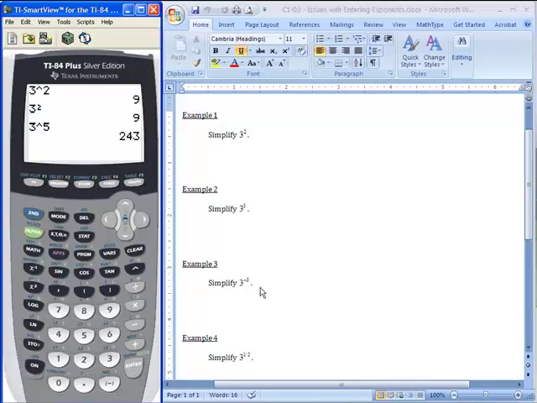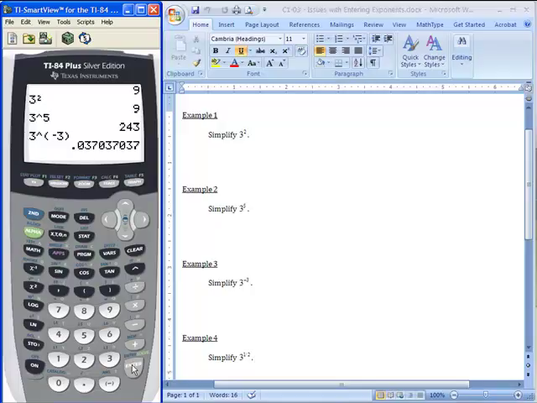Now the third example involves a negative exponent. Here we have 3 to the negative third. And what I suggest you do when you have things a little bit more complicated in that exponent, in this case a negative, is use parentheses for the exponent. So I'm going to press 3 and then that caret key. I'm going to open up a left parenthesis, press the negative key, and then we'll press the 3, and then I'll close with a right parenthesis and press enter. And that'll give me the answer